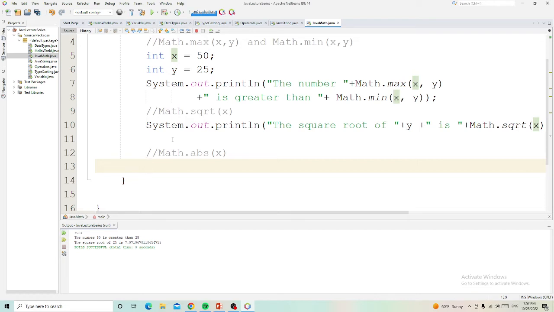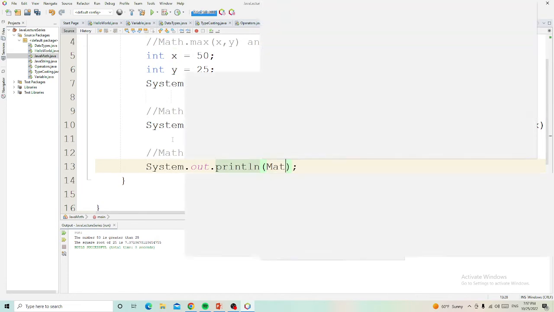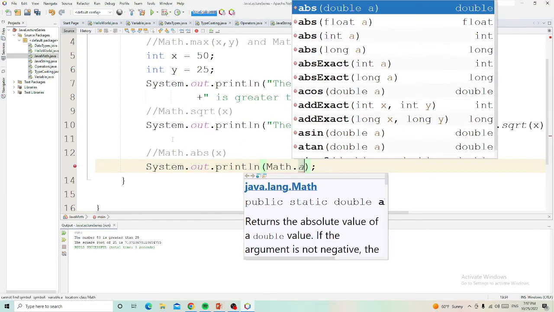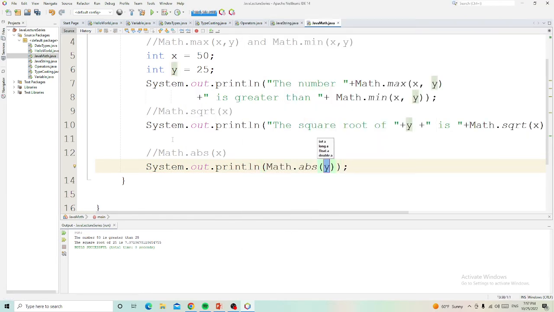So, when we say absolute, it will display the positive value, right? The absolute value of -4 is 4. We already know that one in our math subject. Okay, System.out, like, Math.abs. Let's try the absolute value of y. Ah, no, x. Okay, what is the absolute value of x? And we will add, like, a comment here, the absolute value of